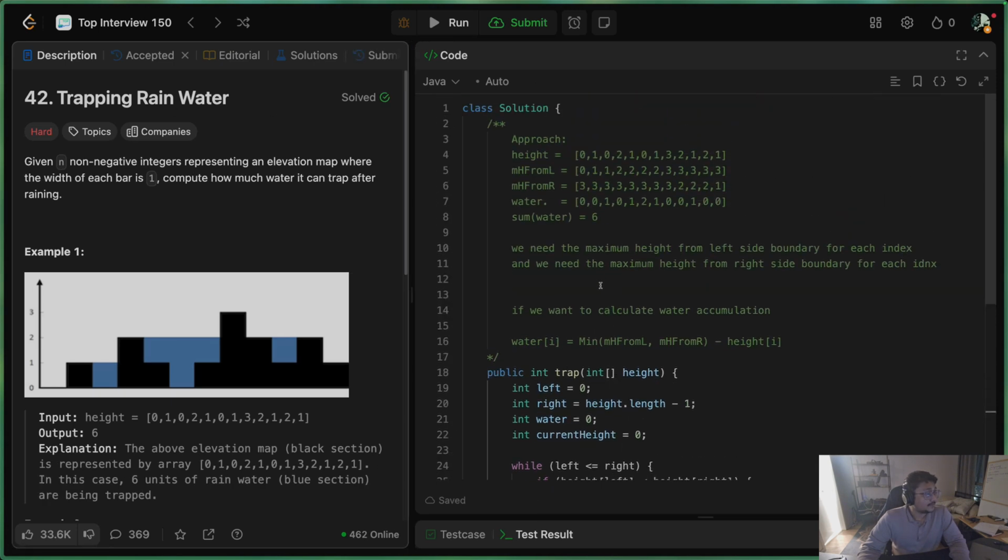The tricky part for this problem is converting the max height from left and the max height from right into a two-pointer based approach, where the reason why we don't need the max height from both sides at a given point is that we are only calculating the minimum first. So if the height from left is smaller than height of right, we don't need the max height from the other side, because since we are always taking a minimum, it does not matter what is the max height from the other side. So I hope you were able to understand this problem,